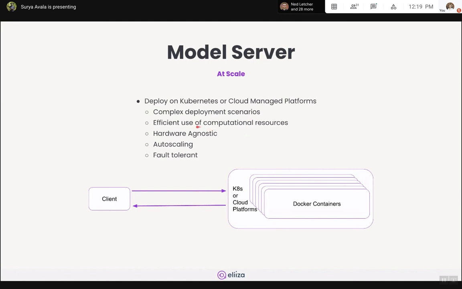Also, these Kubernetes or cloud managed platforms often use computational resources more efficiently, and they're hardware agnostic. As long as it's a Kubernetes cluster, it doesn't really matter where it's running, whether on a set of Raspberry Pis or a bunch of supercomputers. The deployment process and the way you interact with it is exactly the same. And then they often come with auto